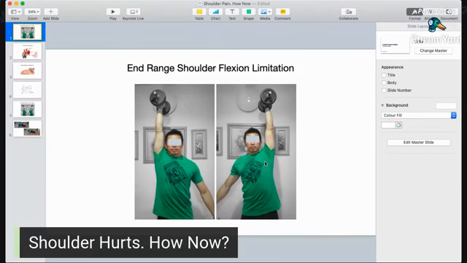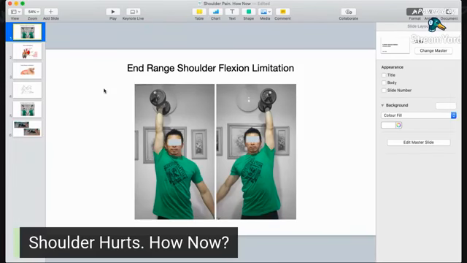So for this kind of person, the shoulder has no pain, but he has a limitation, and he doesn't know what to do to increase the range of motion. It's not that he has no strength, but he has some limitation, right? So if you have this kind of problem, or you know someone with this kind of problem, please comment one, so we can know whether this problem is common or not. Okay, so you have no pain in the shoulder, but you have limitation.